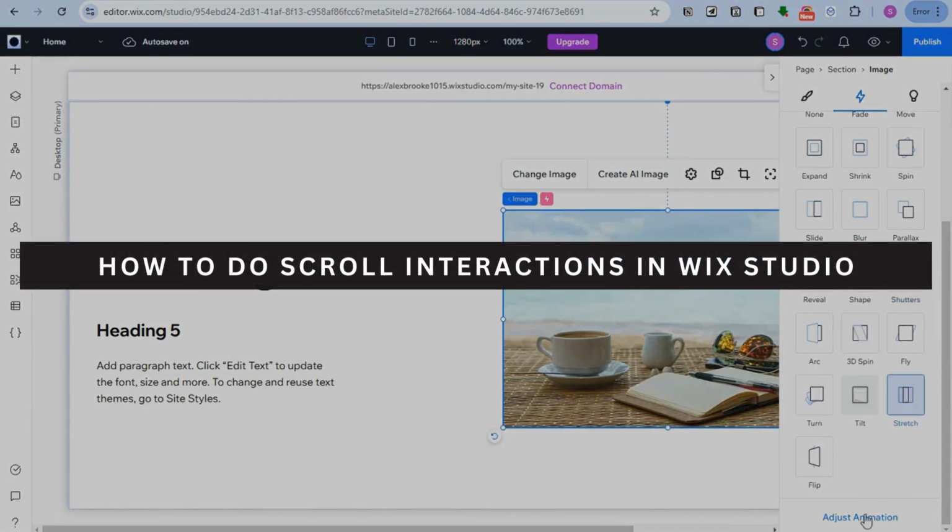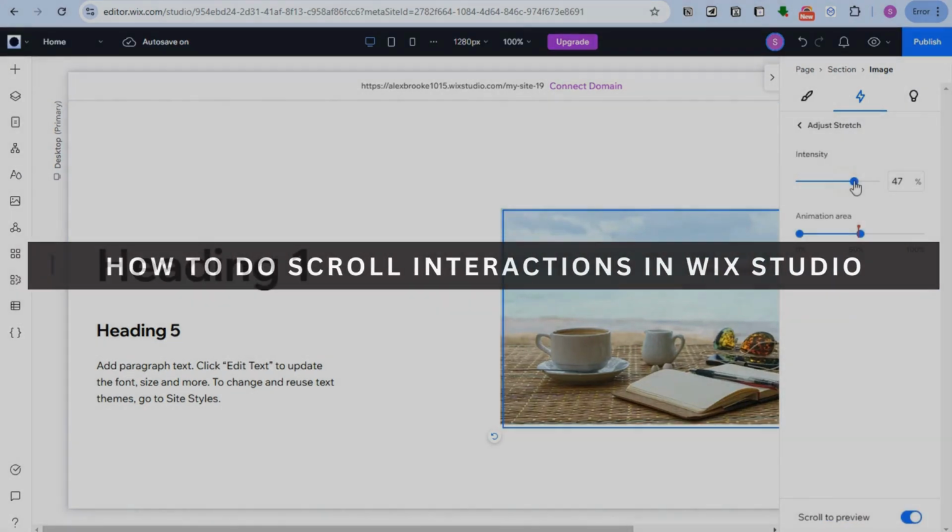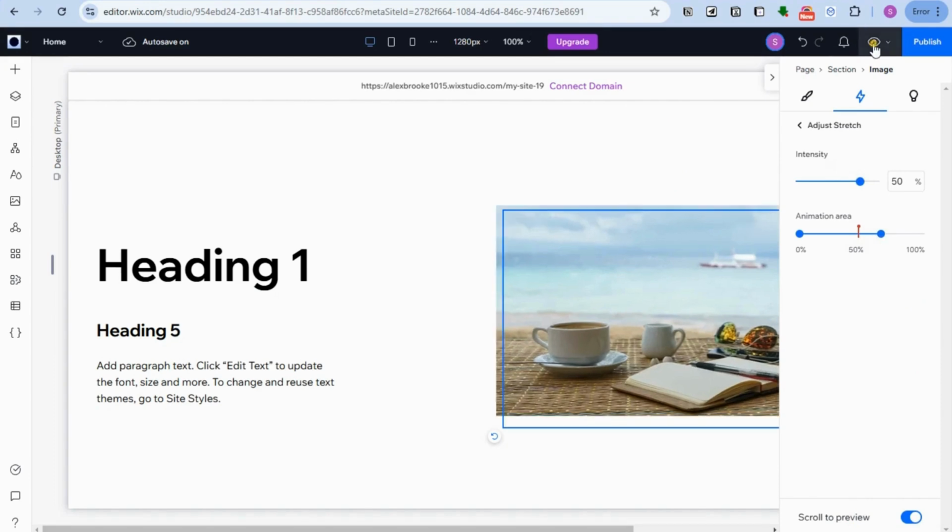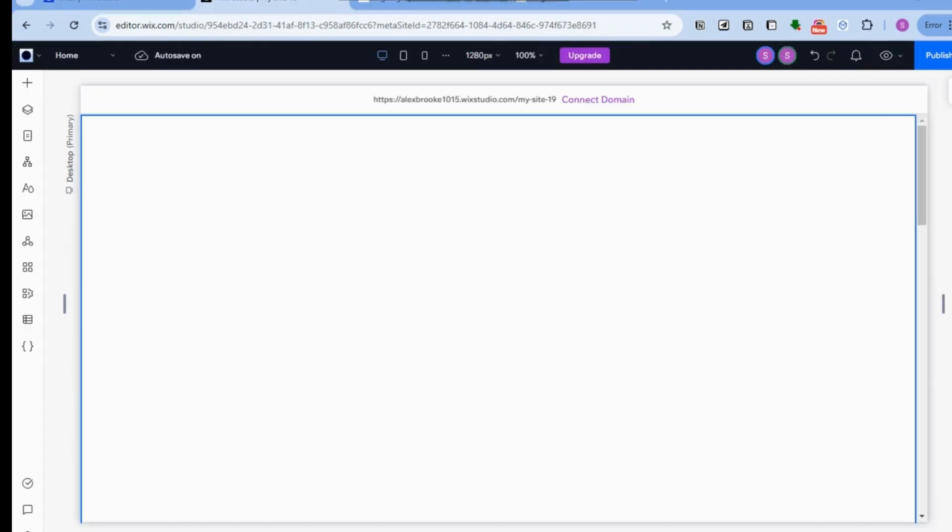How to do scroll interactions in Wix Studio. So this is a very easy and quick tutorial. So let's get started. First, you just have to go to your Wix Studio,